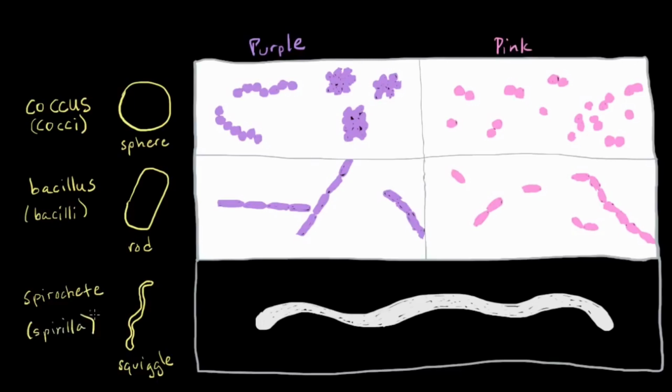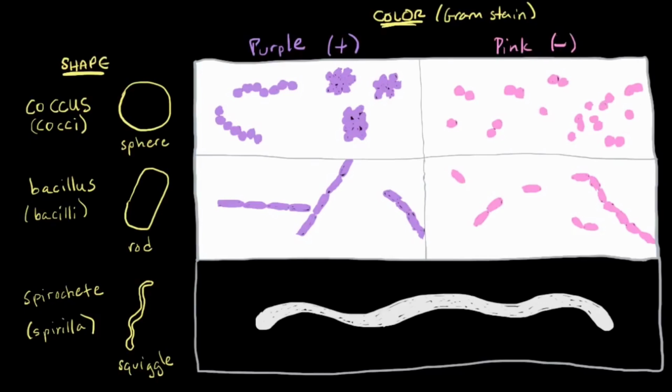So now we know about the three main shapes that bacteria can take, but we haven't talked too much about the colors yet, and these colors come from a special stain called gram stain, and it basically stains the outside of the bacteria. If it stains purple, we call it gram positive, and if it gets washed off and stained with something else, it turns pink, and then the bacteria is called gram negative. So here I have done that with a positive sign or a negative sign.